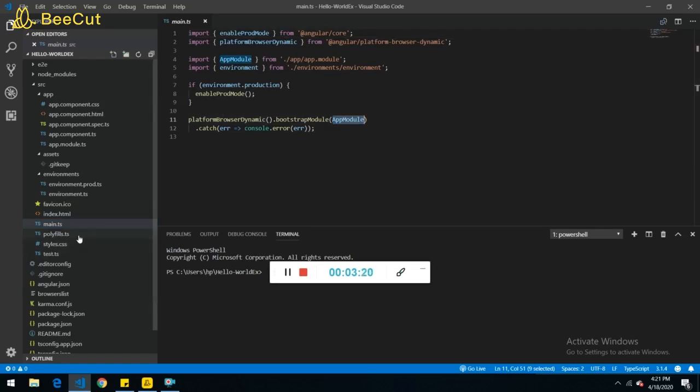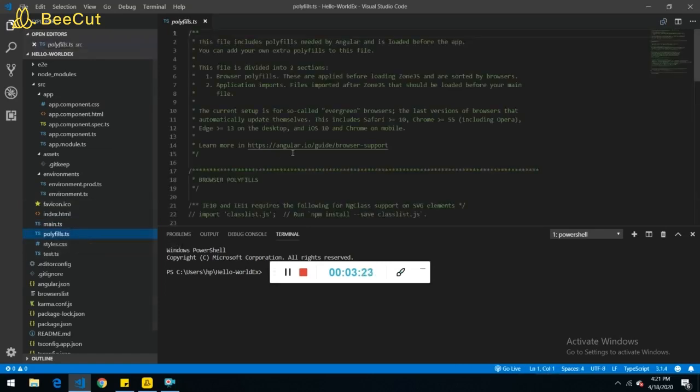Moving on, the next file that we have here is polyfills.ts. This file has just a few lines of code which ensure that whatever browser compatibility gaps the application has will be filled. Using this file, browsers like IE 8, Internet Explorer 9 or 10 can view the Angular content easily in the UI.